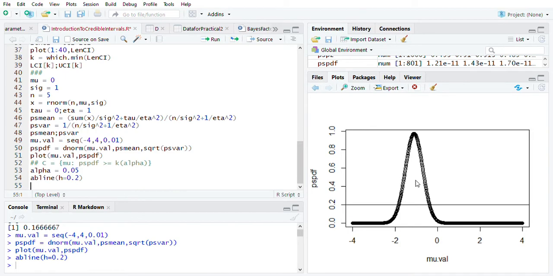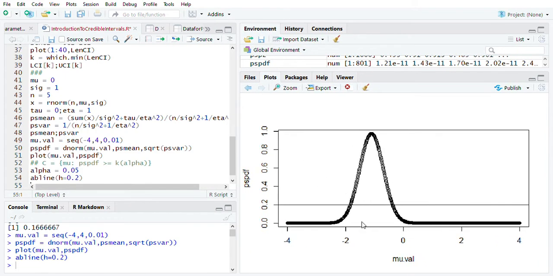So now I'll try to explain the construction here. By HPD CI, or the credible intervals, how do we construct it? First we compare the posterior distribution with a constant. Right now I have chosen the constant as 0.2. Then we are looking for all those mu's for which the posterior distribution is greater than or equal to 0.2. Means we are looking for all those mu's corresponding to these values.